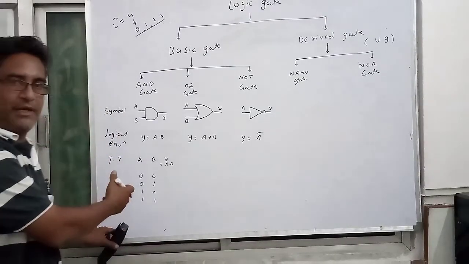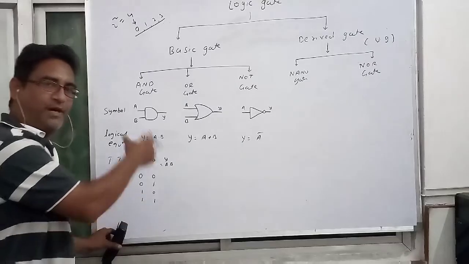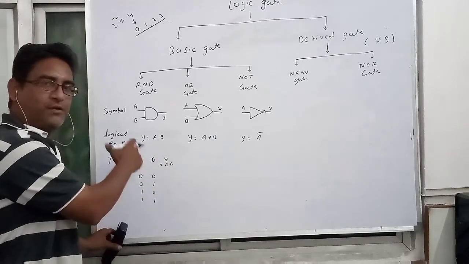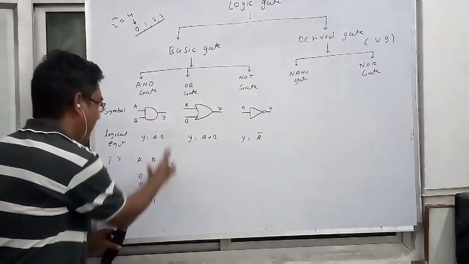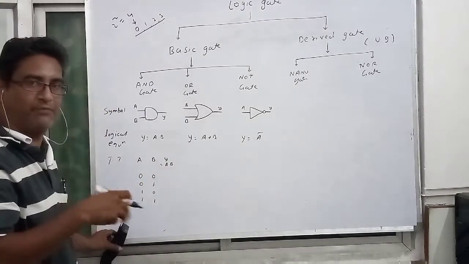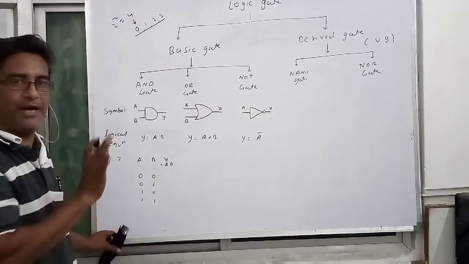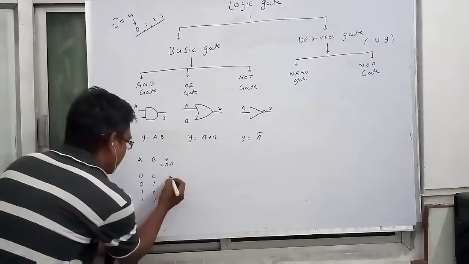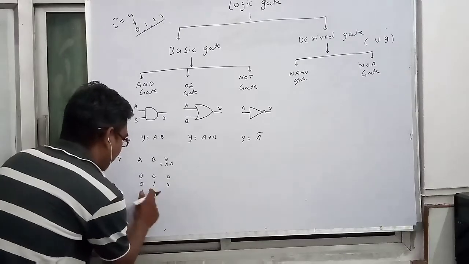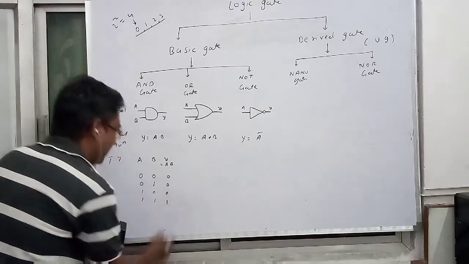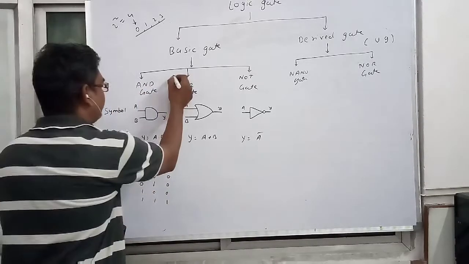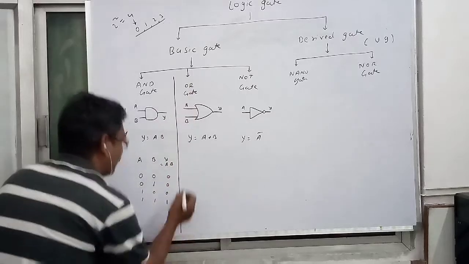So here the table has to be plotted, and from that table you are able to find out the value. What is the output for 0, 0? Wherever there is a multiplication, you know that if one value is 0, you will get the answer as 0. So here 0, 0 gives 0. 0, 1 again gives 0, 1, 0 gives 0 and 1, 1 gives 1. So this is the truth table for the AND gate. Okay, you will differentiate here.